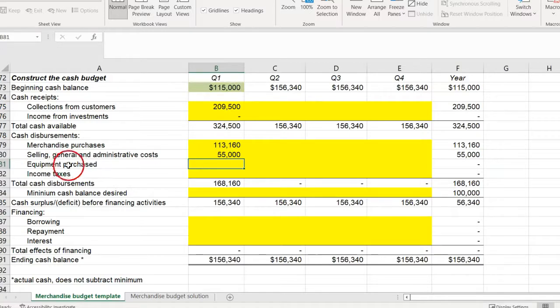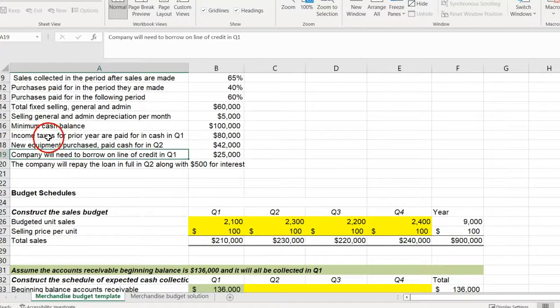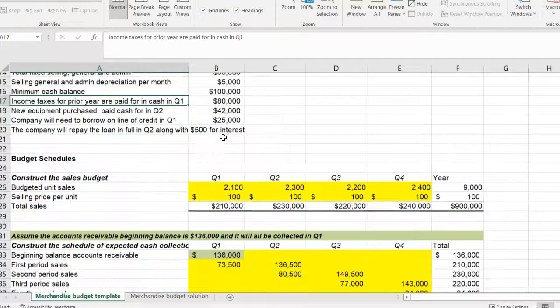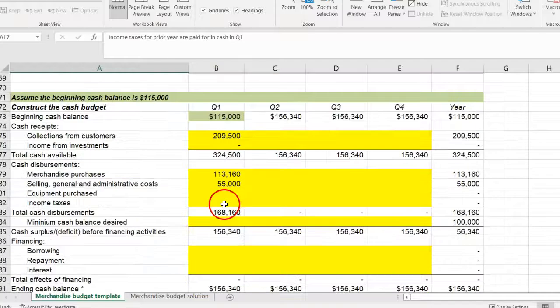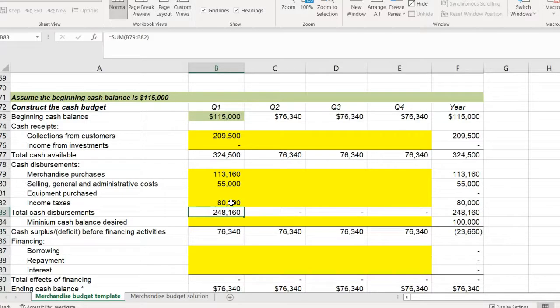Then we've got some irregular cash disbursements for equipment purchases or for income taxes. So let's look at that. So for quarter one here, looks like our income taxes. We paid our income taxes for the prior year in quarter one. Equipment purchase isn't going to happen until quarter two. So let's put this income tax in for the first quarter. So we've got total cash coming out of